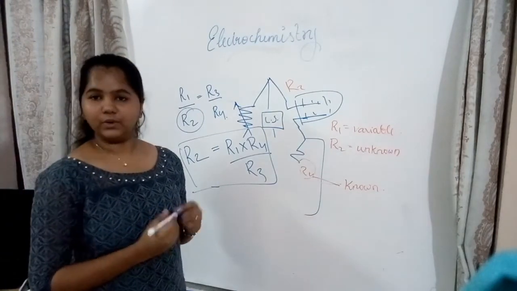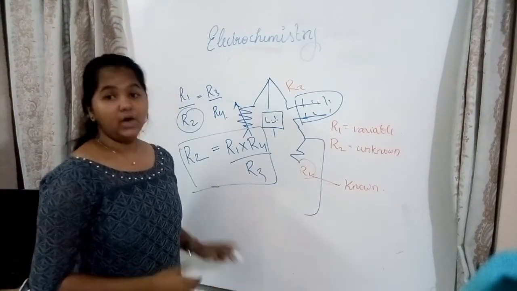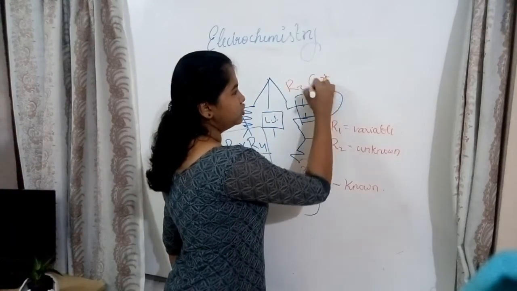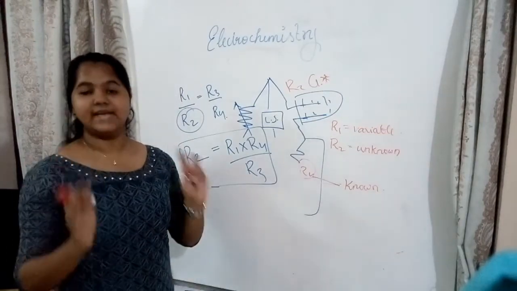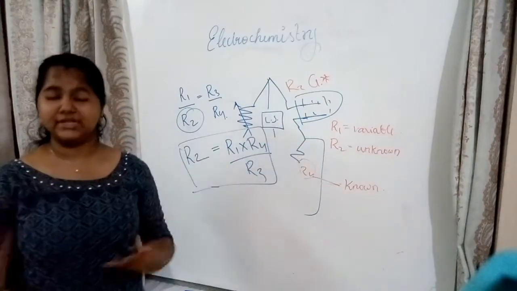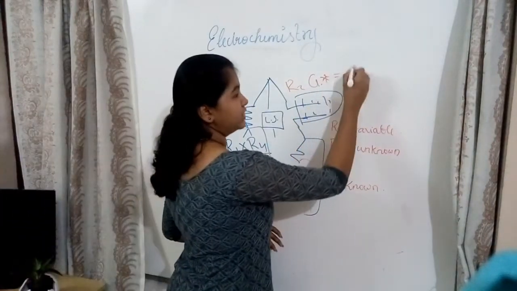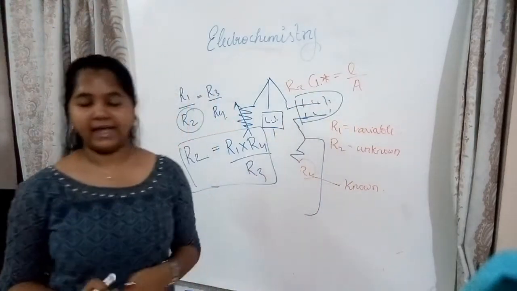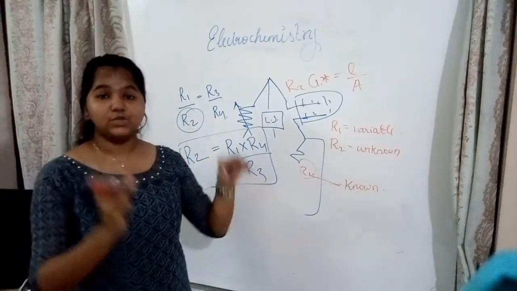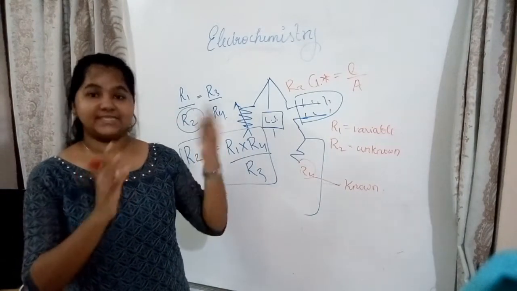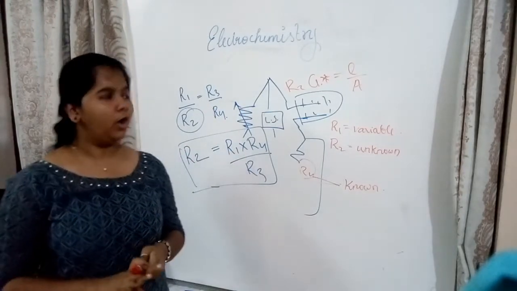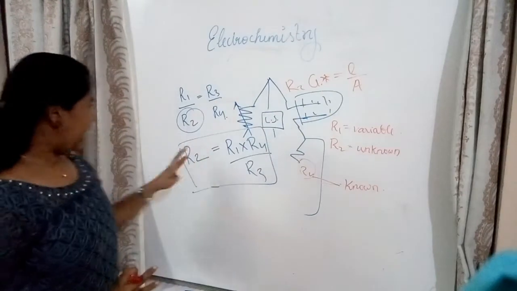Now we found out R. And we always know that when you take an electrolyte in one arm, you take its cell constant as G star. How do you determine G star? It is not by the equation L by A, because L by A is not easy to find. Instead, you relate it to a known cell constant, that of KCl, and then you determine G star. So that is about G star and resistance.